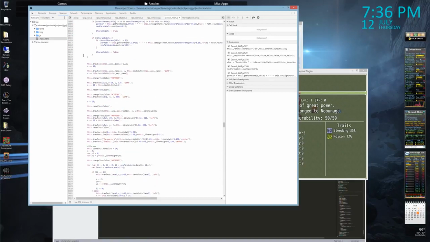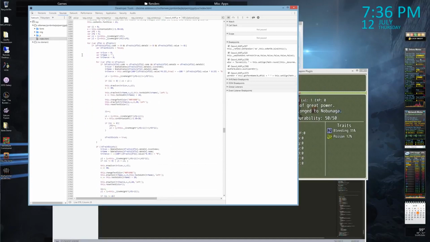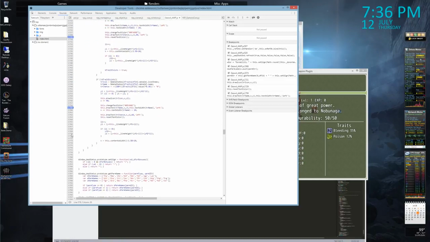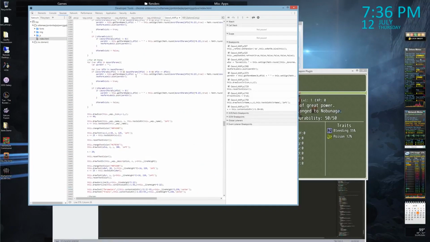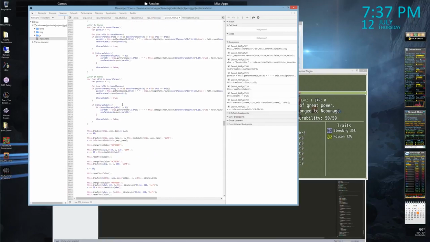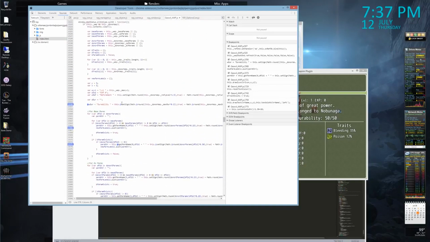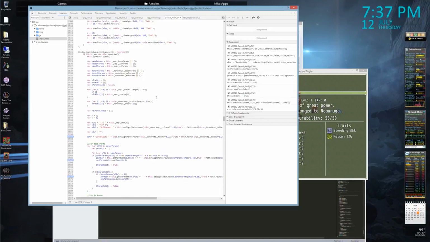And then traits because we need to figure out what's up with those. So traits. Yeah, here. So for this, we want to go say if